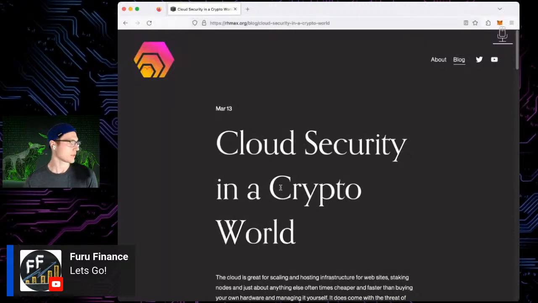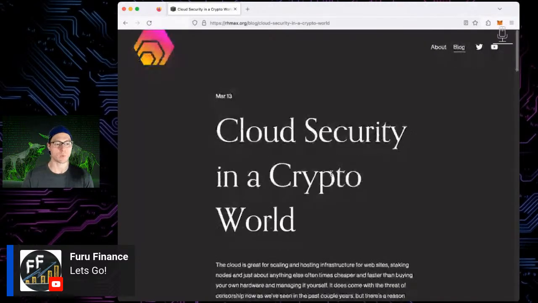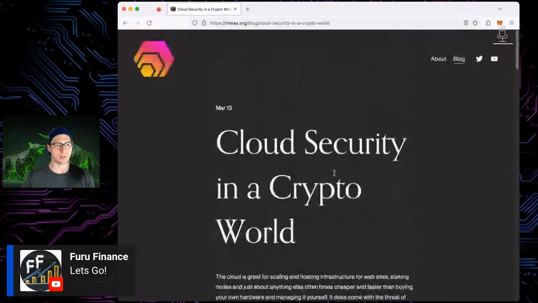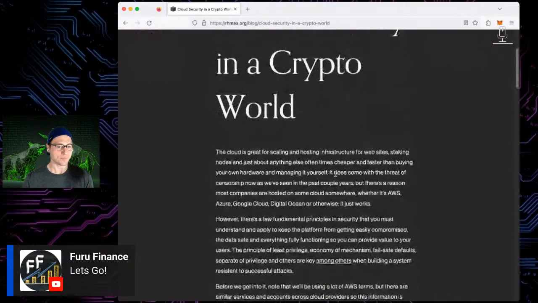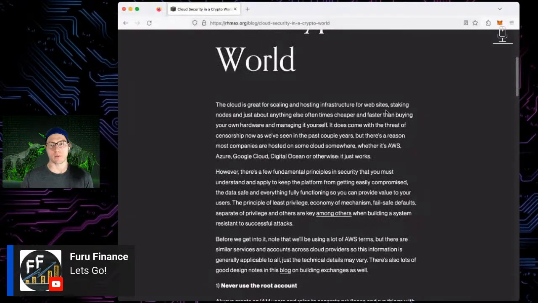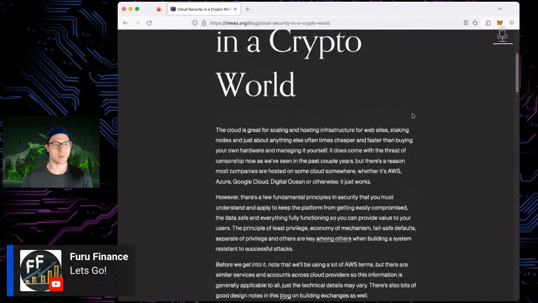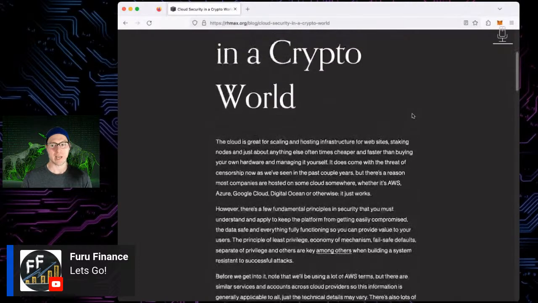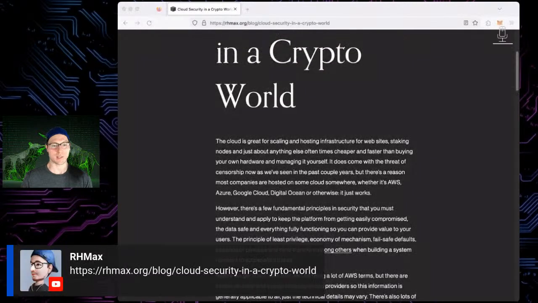So, cloud security in a crypto world. This is something I wrote earlier this past year. And the cloud is where you launch and scale products these days. It's just someone else's computer, as Richard likes to talk about, but it is where a lot of this stuff happens